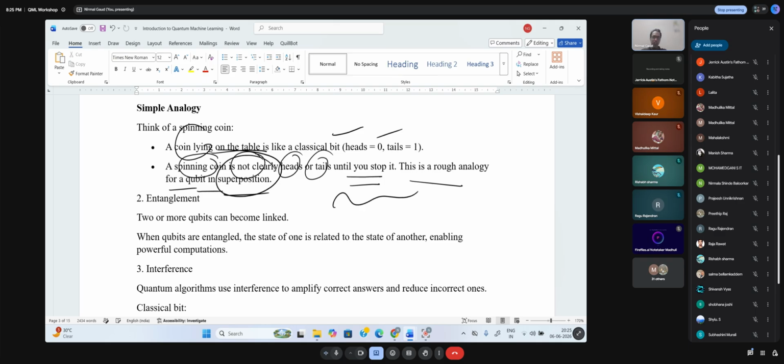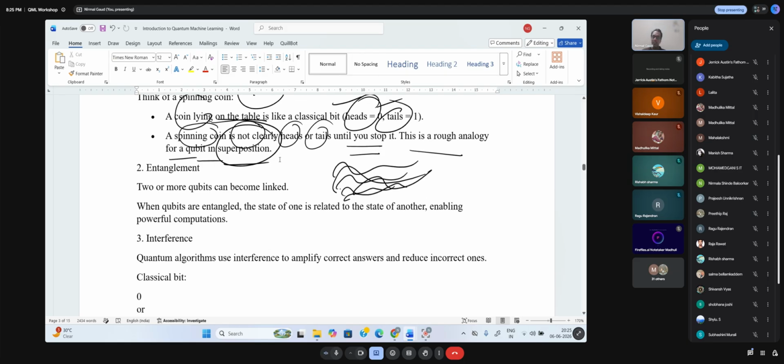That means one is also there, two is also there. If I'm talking about rolling a dice, three is also there, four, five, six is there. A superposition of all. During that act, it may happen that 6 has the highest probability and the rest have low probability. Or if you toss a coin, there might be 75% for head and 25% for tail. But at the end, you are talking about head or tail.